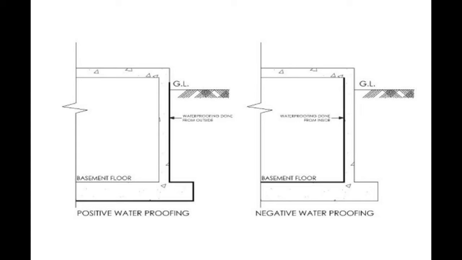So basement waterproofing can be done specifically in two types of methods. First we have positive waterproofing and negative waterproofing. You see in this diagram, the membrane has been applied from the exterior surface of the wall. In the basement, on the surface that is attached to the wall, over there we provide the waterproofing. And in the negative waterproofing system, it is done from the inside. But it always has to be a continuous membrane. It can be a liquid membrane, a bituminous coating waterproofing, or box type waterproofing.